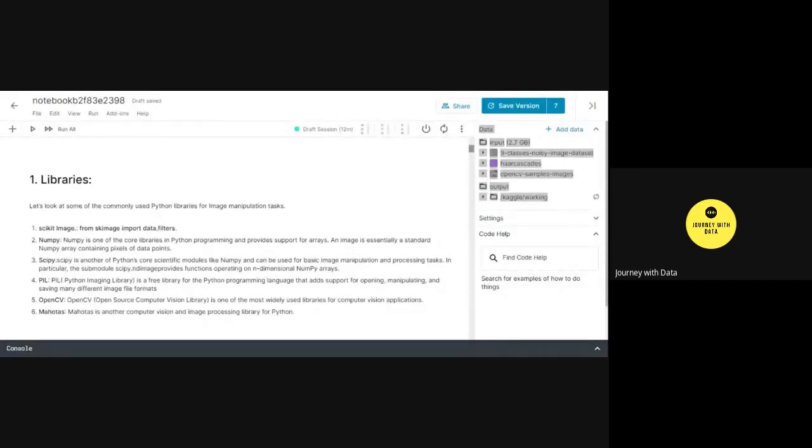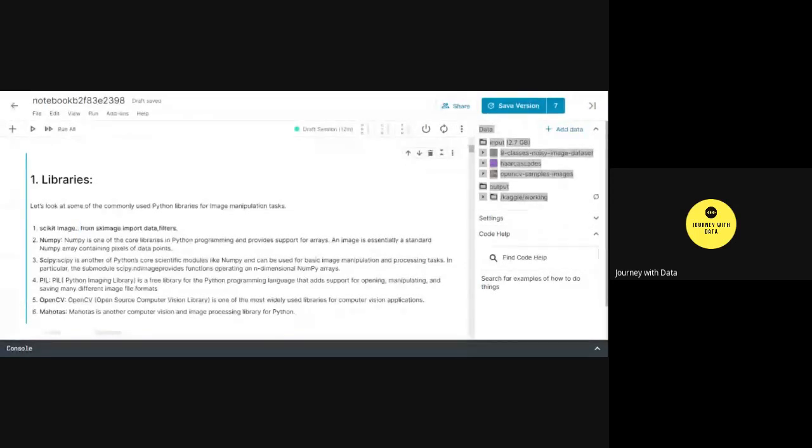For image manipulation, we have a library from Scikit tool. That's called Scikit-image. For any library that you want to use in Python, you just have to import it. If it's not installed, you will have to install it first, and then import it in this manner: import whatever module you want. And second is NumPy.